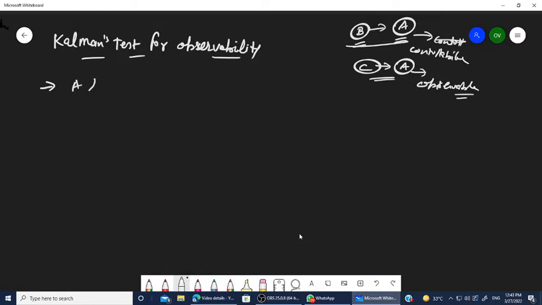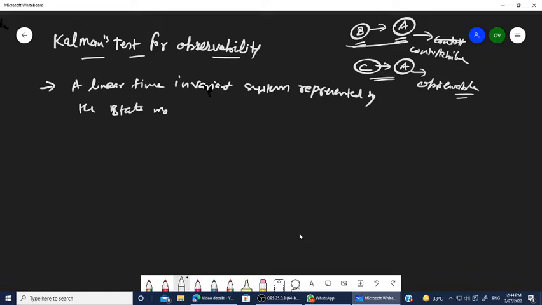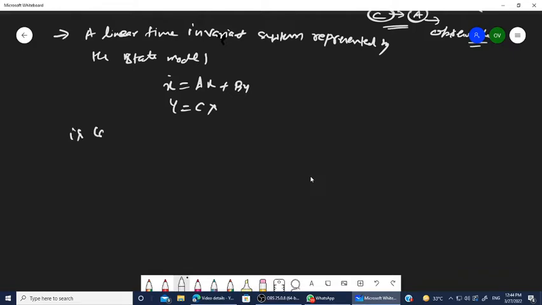So the formal definition: a linear time invariant (LTI) system represented by the state model x dot equals Ax plus Bu and y equals Cx is said to be completely observable